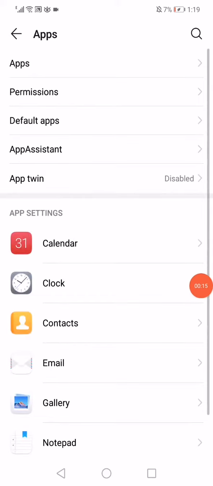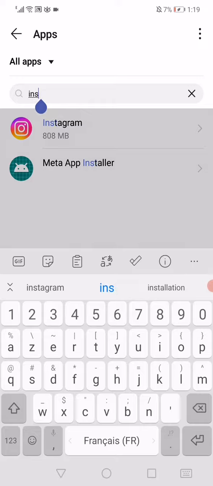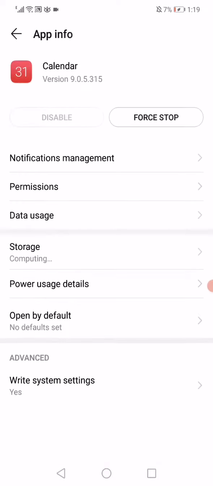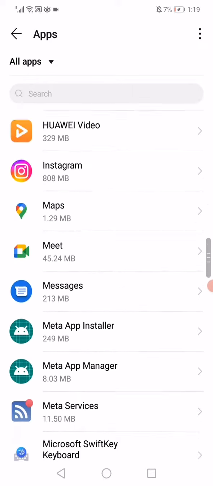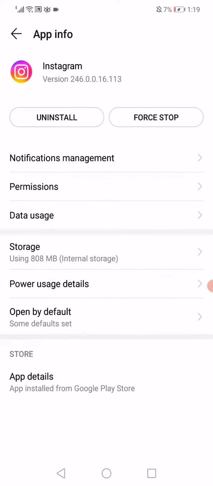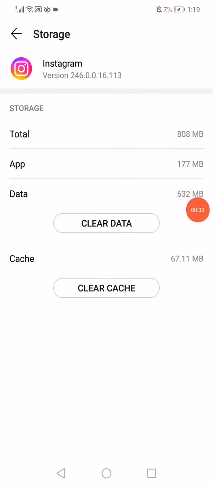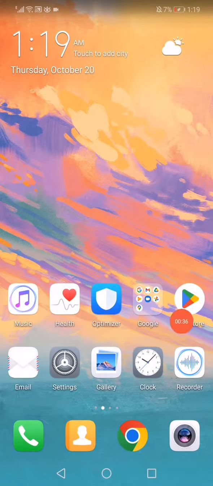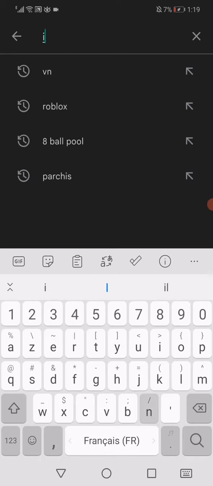And now all you have to do is go to apps and search for Instagram. You will find here all the apps as you can see. Just scroll until you find Instagram and click on it like this, then click on force stop and go to storage, clear data, and go back, then go to Play Store and search for Instagram right here,